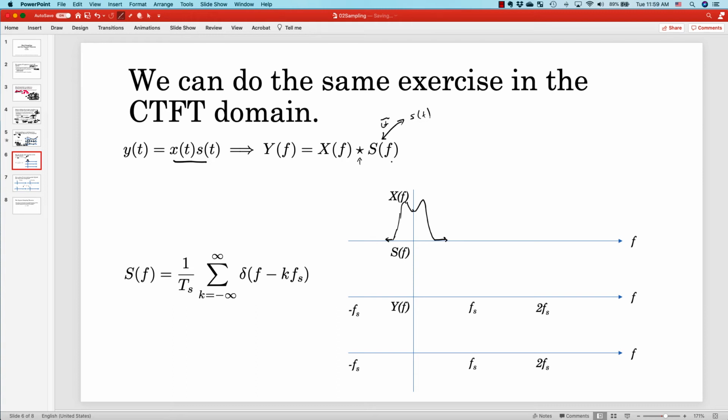We can do a follow-up video on why that's true, but for now, I would like you to acknowledge that the Fourier transform of an impulse train is this function here, a train of impulses in